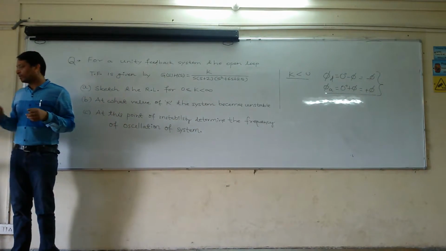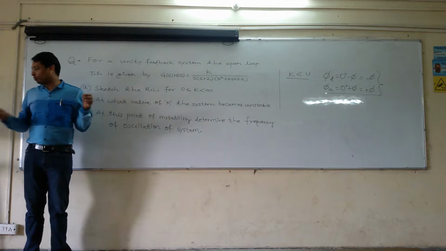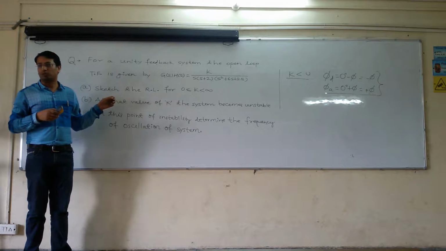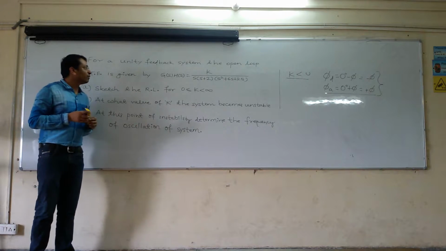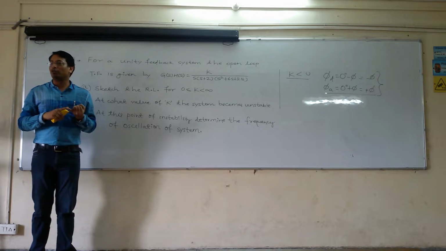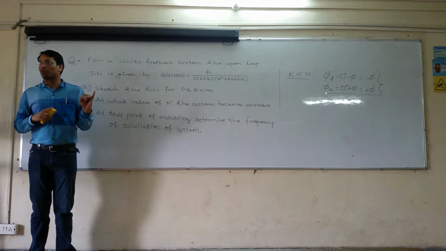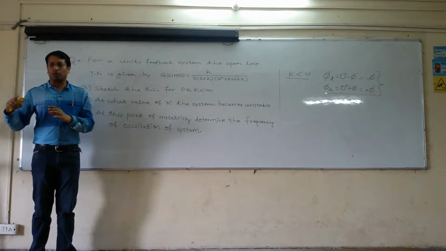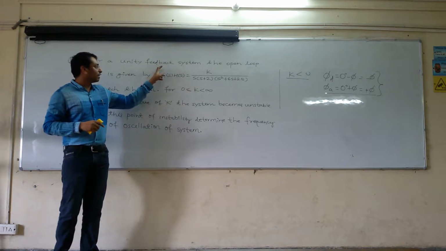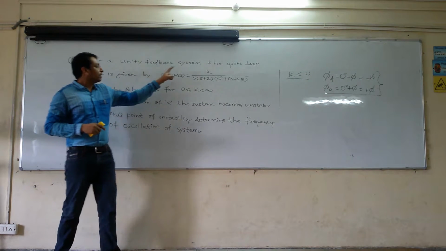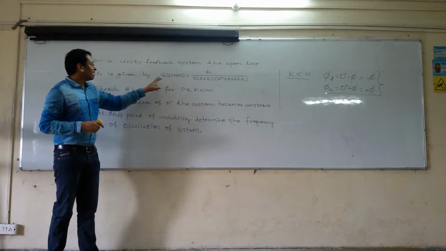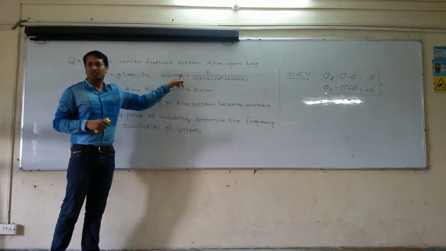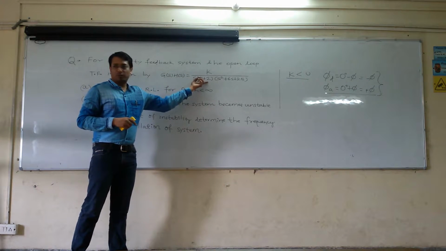Okay. Now we are going to solve this particular question to understand the implication of each and every rule of the root locus. This question says that for a unity feedback system, meaning the value of H(s) is equal to 1, we are going to work on the open loop transfer function, that is, G(s)H(s) is equal to something. For the unity feedback system, it has been provided that H(s) is equal to 1. The open loop transfer function is given by G(s)H(s) equal to this, meaning they have already taken the value of H(s) equal to 1 and provided this expression to you.